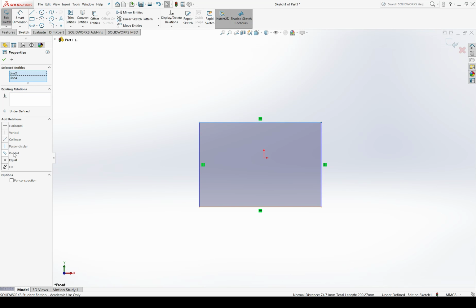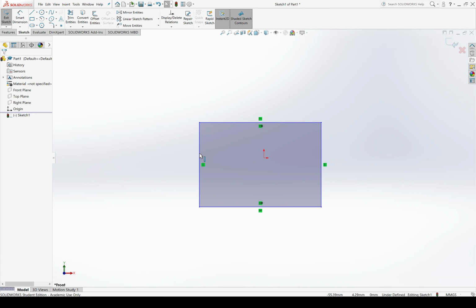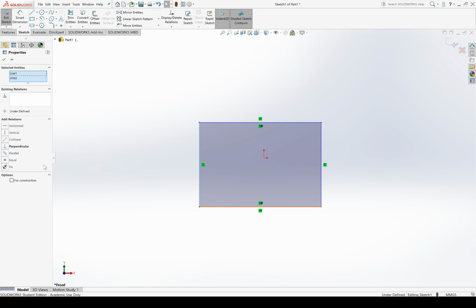If I were to click parallel, SolidWorks will say, okay, I will make sure that those two lines are parallel. Now, I don't really need to do that because I've already specified that both of them are horizontal, so they will already be parallel. But I could furthermore define them as being equal, which would force them to be of an equal length, whatever that length is. Again, I don't actually need to specify that because I define the left and right lines as being vertical, which will force SolidWorks to make that square shape be equal lines on the top and bottom. But it makes a little bit more sense if I click on the line on the left, Control click the line on the bottom, and force those to be equal. Now I've actually got a square shape.